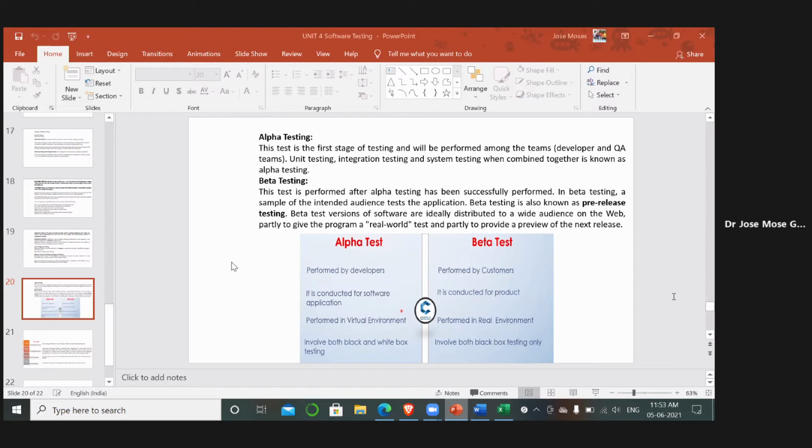They will be given some time like 1 month or 15 days or 2 months. In those 2 months, they are going to test that particular product and check whether it is working as per the expectation.